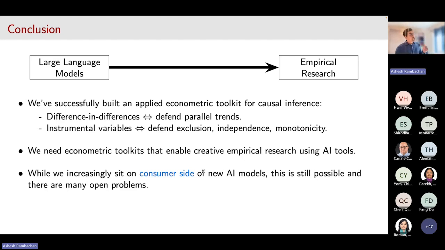And over the last year or so, I think what econometrics and statistics has delivered is at least version 1 of such a toolkit, where the key question is, are you working on prediction or estimation problems? And in light of that, we can appropriately use possibly imperfect, but still quite impressive, AI outputs to tackle important empirical problems. And as I flagged, there's a lot of technical work that's still to be done. So I'd be happy to talk about where the state of the art is along those dimensions.